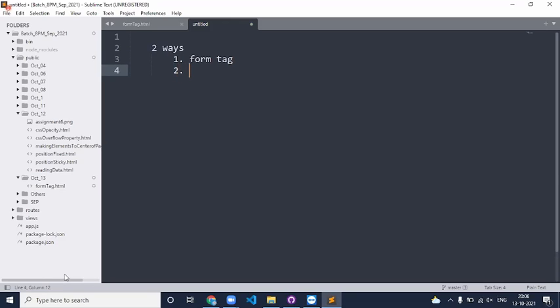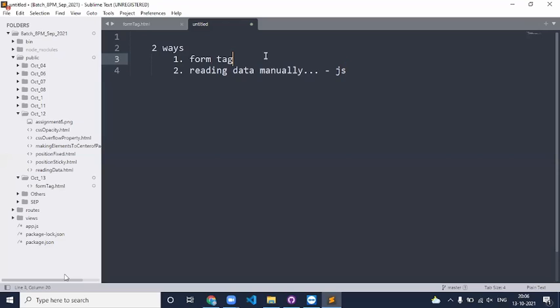The second way is reading data manually. Using JavaScript, you can read the data manually and send it to the server. That second part definitely needs JavaScript; we need the dependency of JavaScript, then only we can do that.